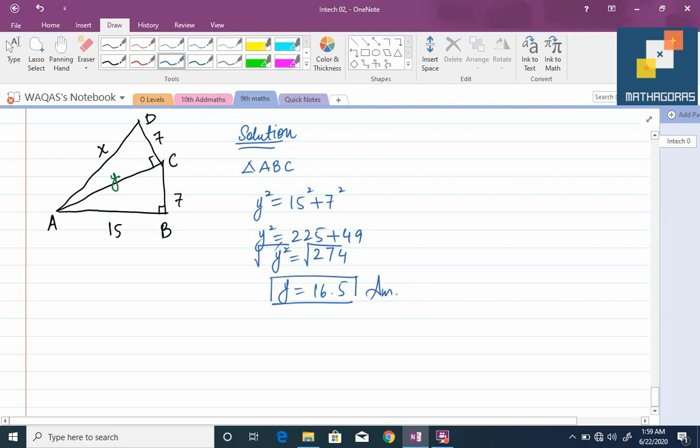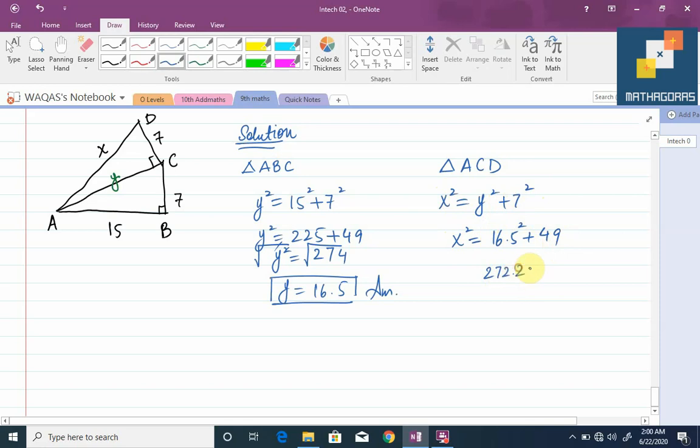Right? But that is not the complete solution, because we need to find the value of x. For x, consider triangle ACD. Now the value of y is known, that is 16.5. 7 is known, x is unknown, that means hypotenuse is unknown. So now I am going to consider triangle ACD. X square is equal to y square plus 7 square. X square is equal to y, 16.5 square, plus 7 square 49. 16.5 square is equal to